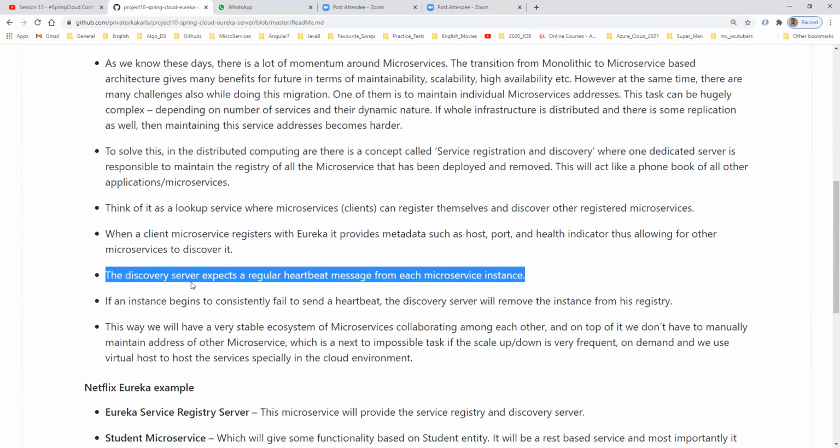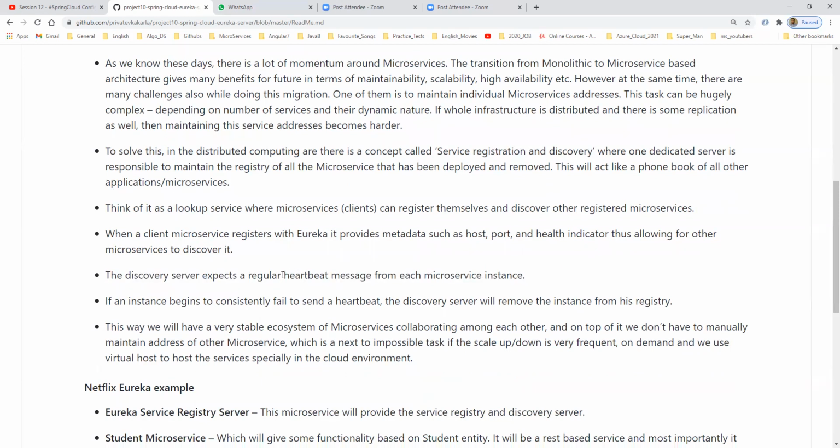Heartbeat means that when the service is up, it is shown on the dashboard. If the service is down, it is not shown on the dashboard. Like that, it monitors.